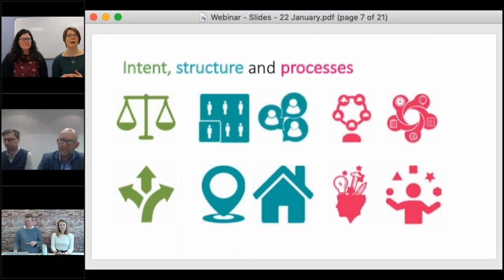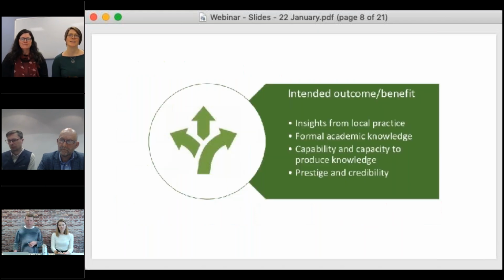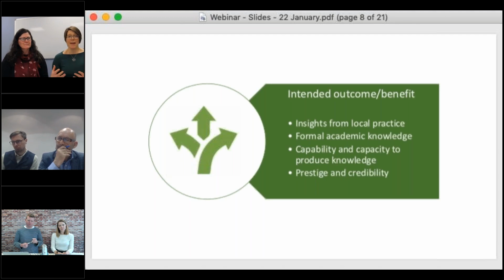So, thinking about the intent underneath the initiatives that we've identified. The first design option is around the intended outcome or benefit of the initiative. And we may think that that seems quite obvious, that you'll have an obvious idea about what it is that you want something to achieve. And we came into this thinking as well that the main intended outcome would be the development of knowledge. But actually, when we dug a little bit deeper, we found that there were a range of different intents